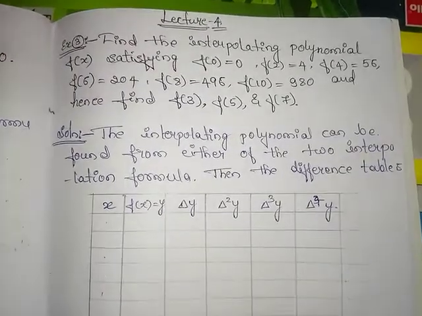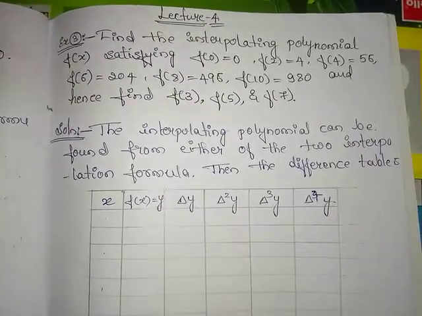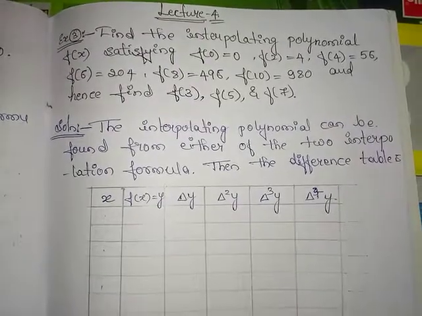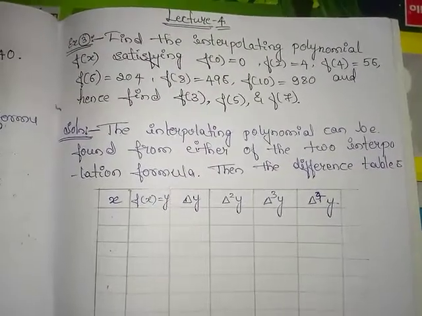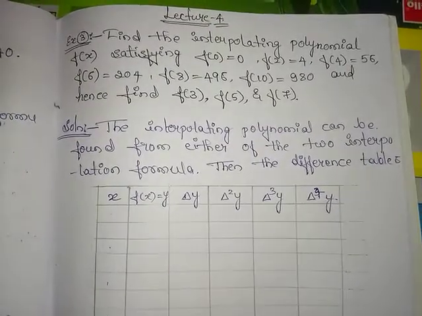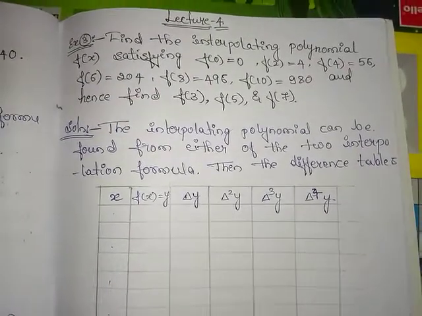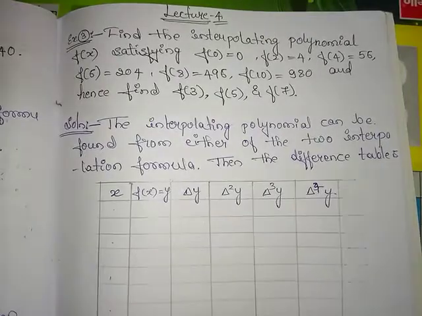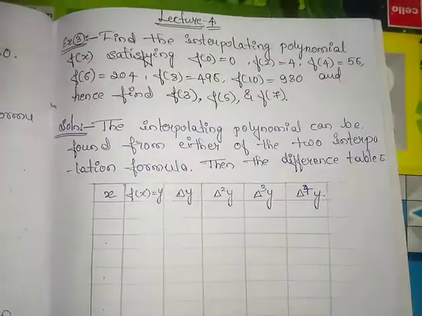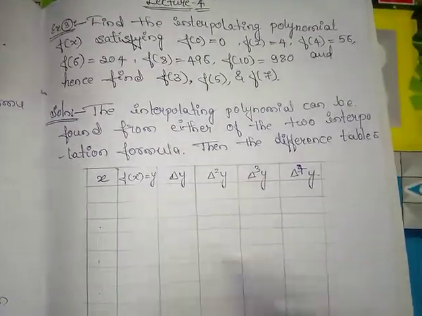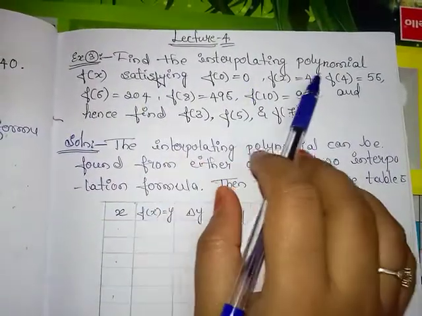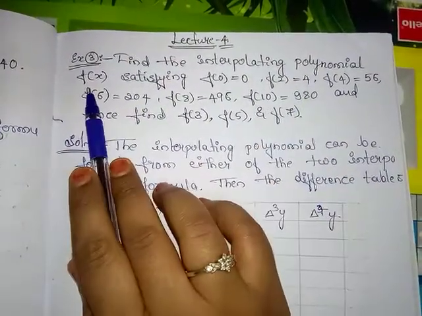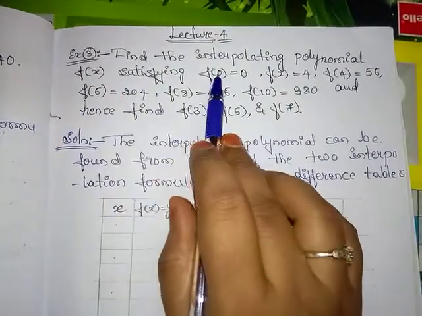Hello everyone. In this class, we will discuss some more examples based on Newton's forward and backward interpolation formula. In the last class, I solved two examples using Newton's forward interpolation formula. Now, the third example on this concept is: find the interpolating polynomial f of x satisfying f of 0 is